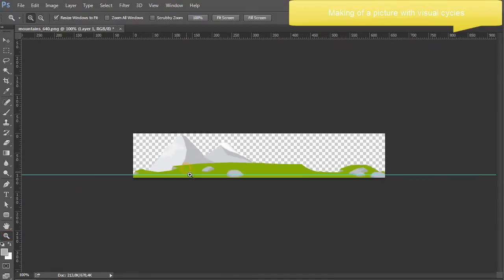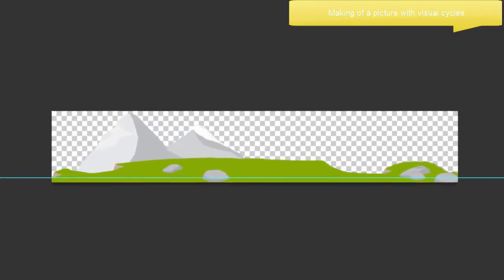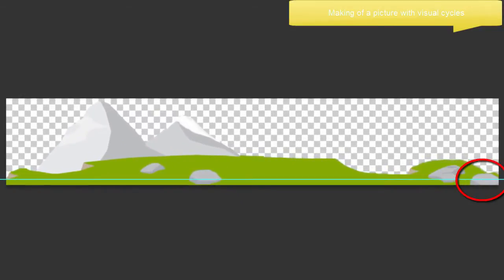Both sides in this case don't match. The rock is a visual break compared to the left side, and we would have a visual skip at the end of each loop in our Captivate animation as a result. So this example wouldn't work because of a visual break on the right side.